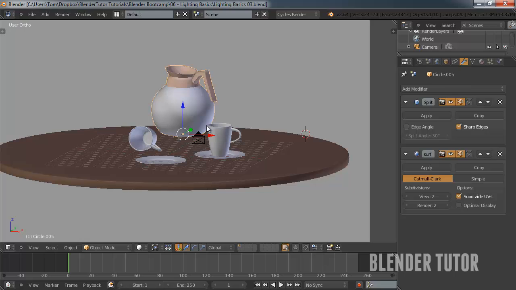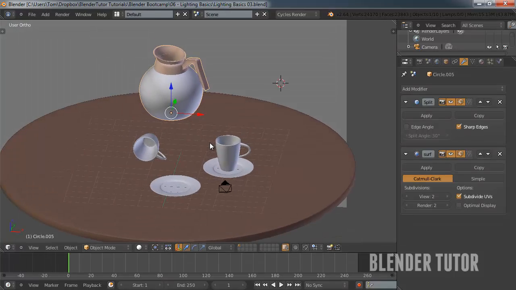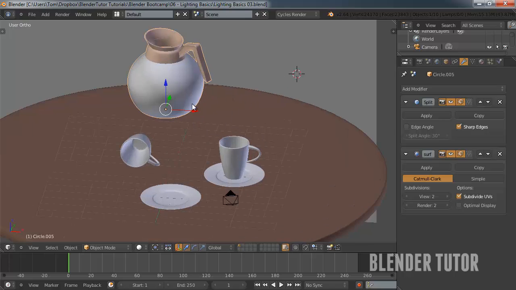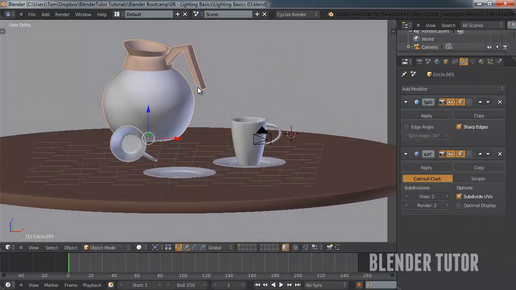Another common mistake is people just putting in too many lamps in their scene, and everything's lit and you can see it, but for one, it looks very unnatural and strange because there might be shadows coming from 3 different directions. And what you want is you want your lighting to be motivated, and what that means is you want your lighting to have purpose, either to get a mood across, like